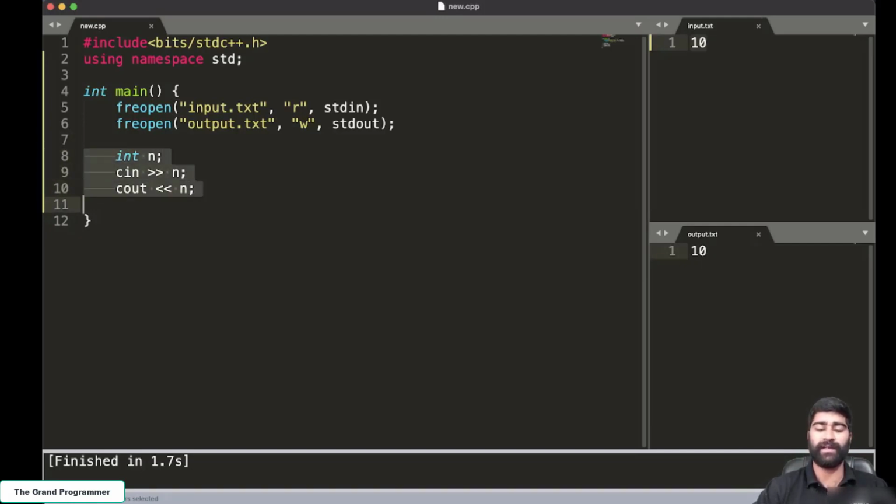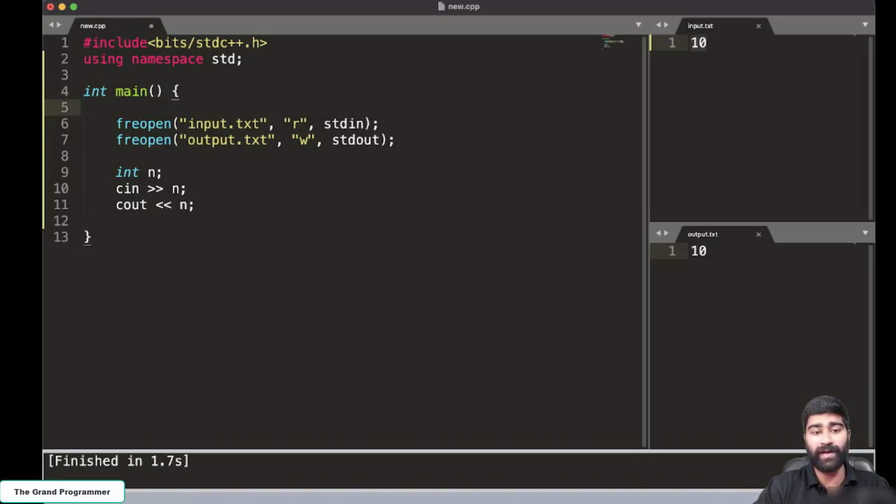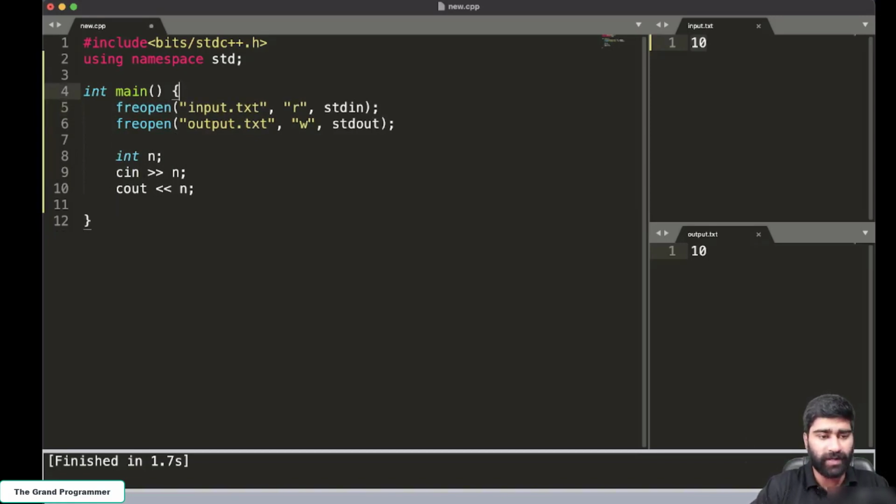Because I'll be using this setup for the whole course, right? For the whole course, I'll be using this Sublime Text with the same settings, with everything the same: input.txt on the right hand side, output.txt on the right down side, and these 2 lines, right? So before moving ahead, in the next video we'll see how to set up